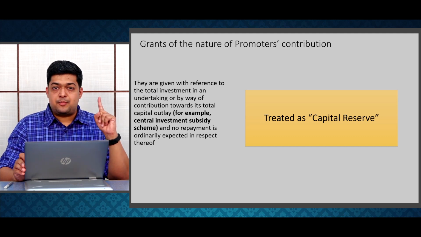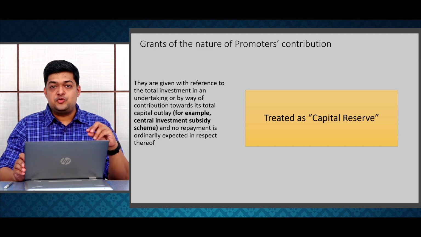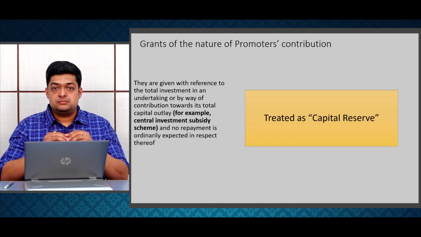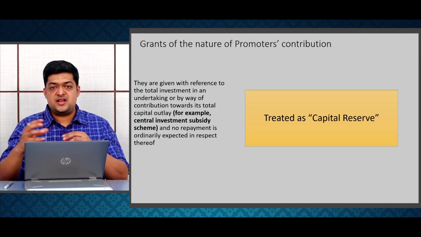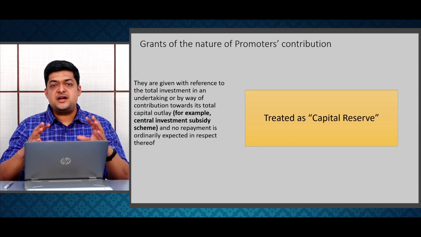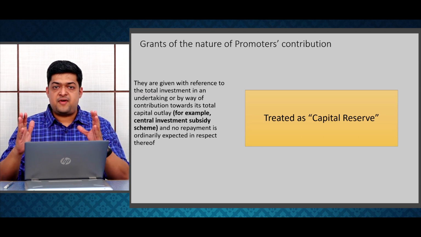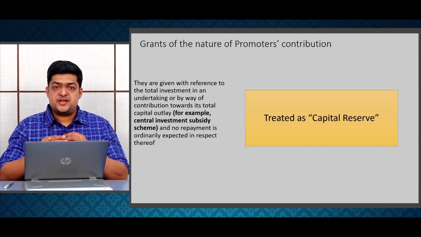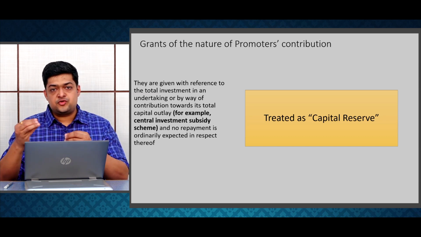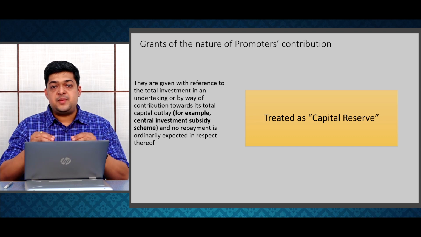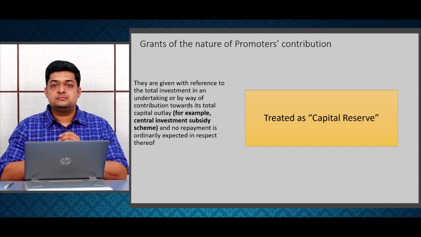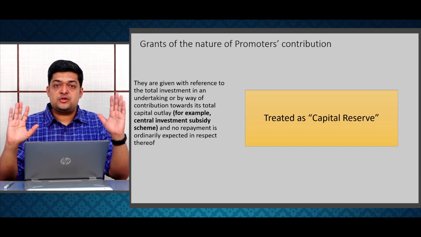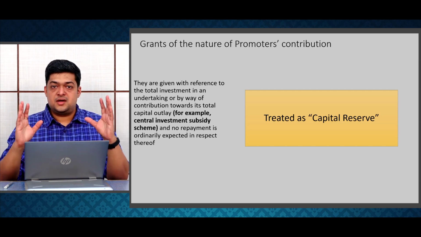जैसे कि मैंने पहले बोला आपको, the very first example, to set up, for example, let's say to set up a factory in the northeast region, because it's a backward, industrially it is a backward area. So government is promoting the setting up of factories there to promote industrialization, to create job opportunities, etc. Government says that you set up a project there, we will give 40% of the project cost as subsidy by way of promoters' contribution. So they say 40% हम लोग दे देंगे subsidy के in the form of subsidy.